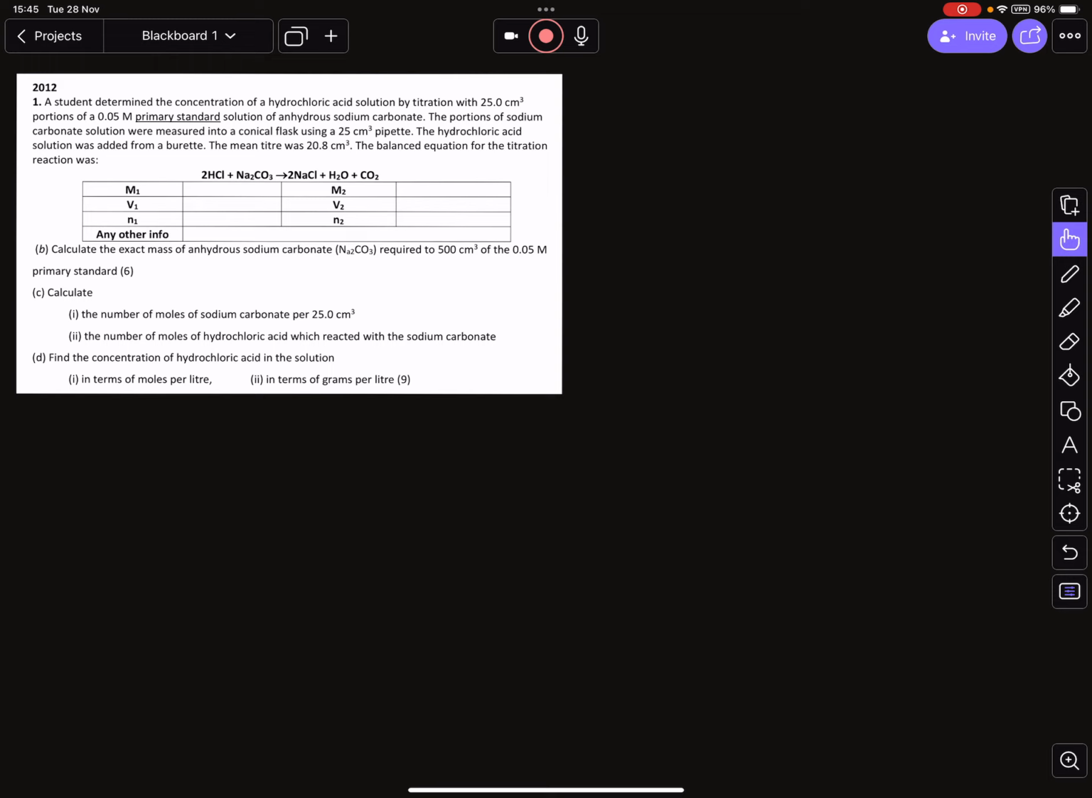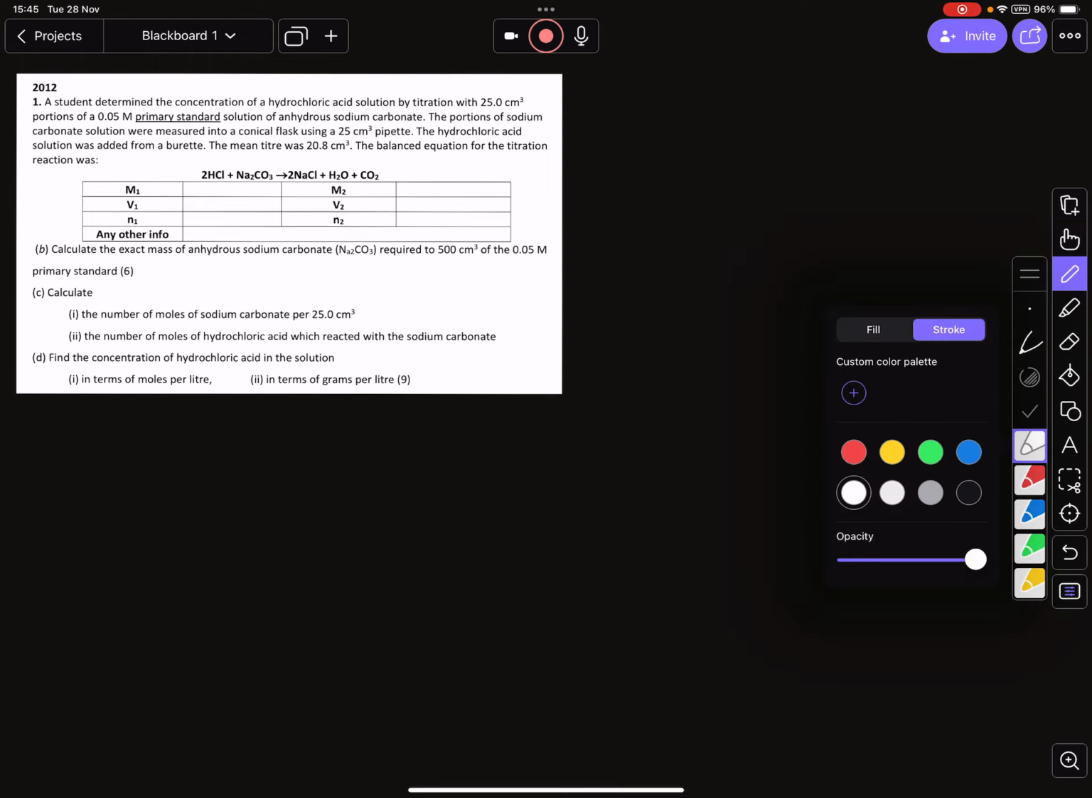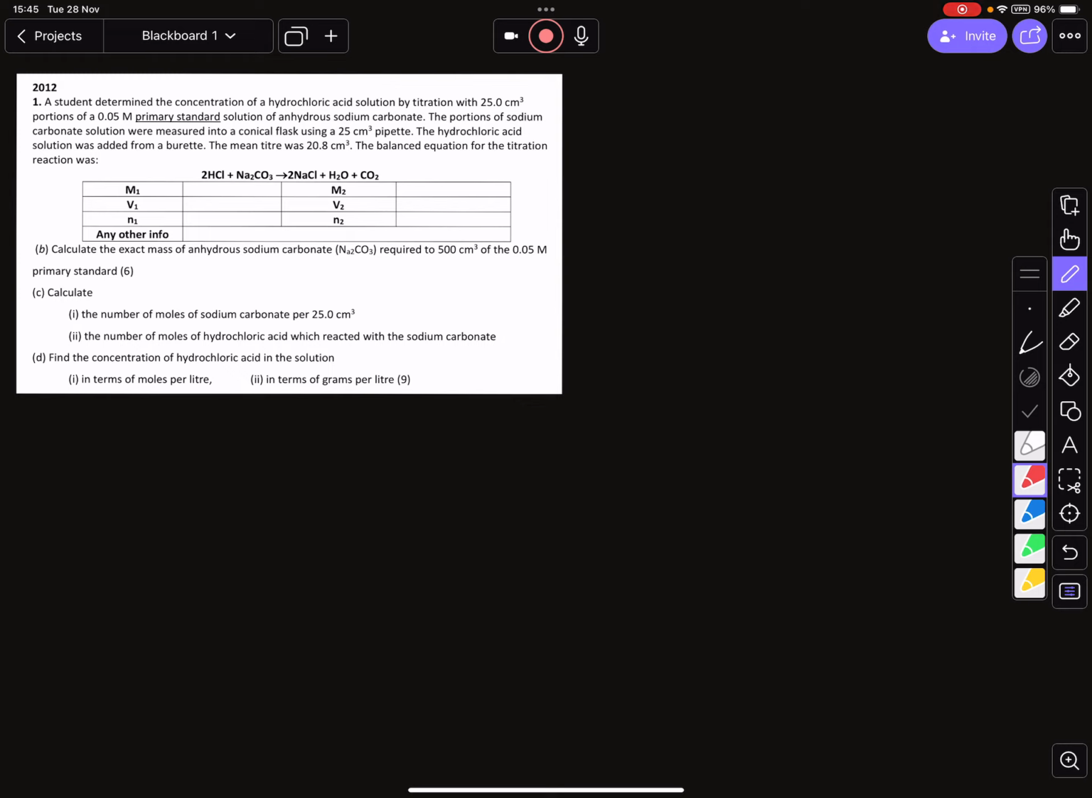Okay, so this is the 2012 paper in your red book or hot pink book. The maths has been changed to suit first principles, so it's going to be different. So the first thing that we're going to do is we're going to fill out our table, knowing that on